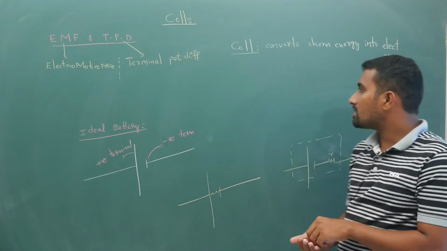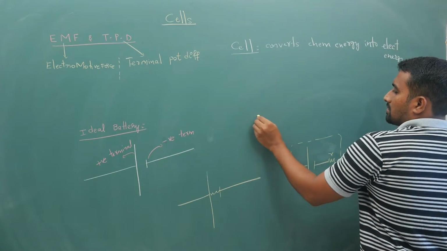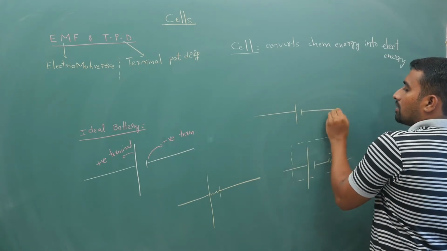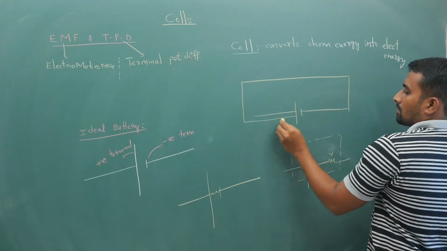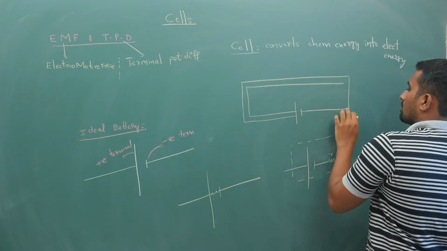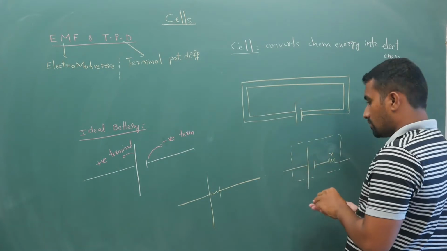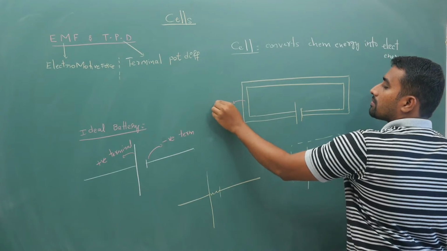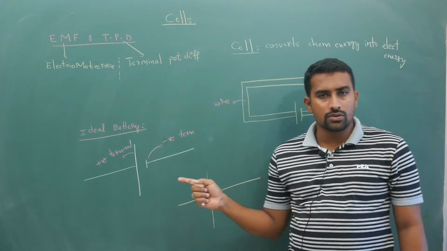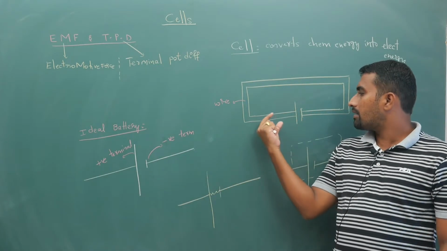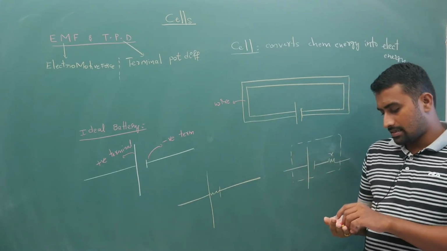I will explain now. To understand that, first of all, what exactly happens when you are connecting a battery like this to a wire, let me tell you. So this is your wire. We will usually represent it by a simple line, but to understand that it is thick, having some thickness, I have represented it like this.